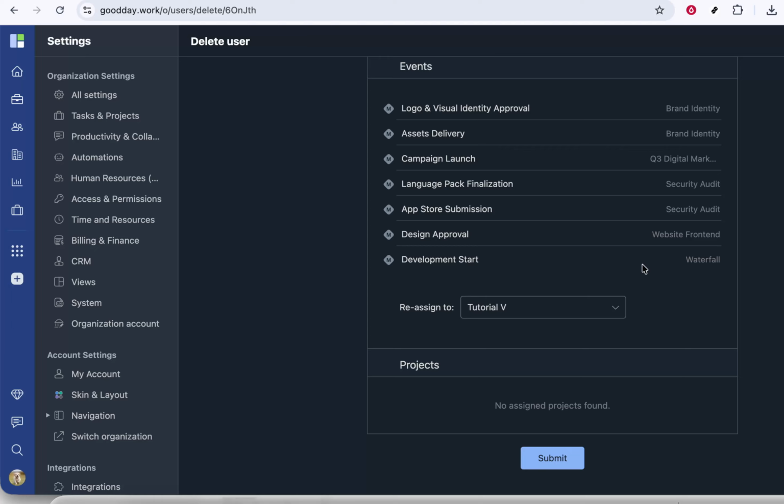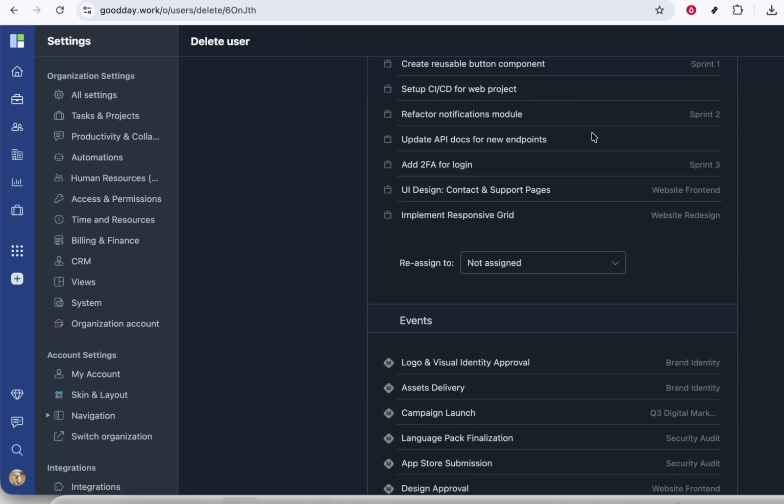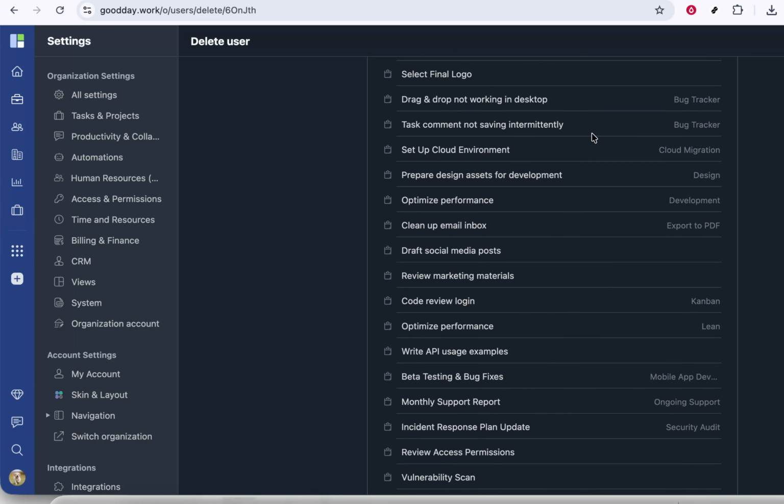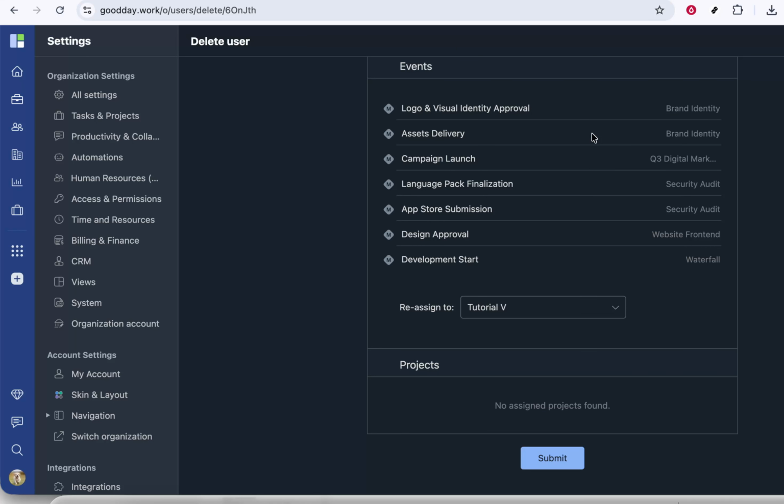Finally, once you've chosen how the task should be reassigned and reviewed everything, click on Submit. This will confirm the deletion of the user and apply the task reassignment. And that's it. You've successfully deleted